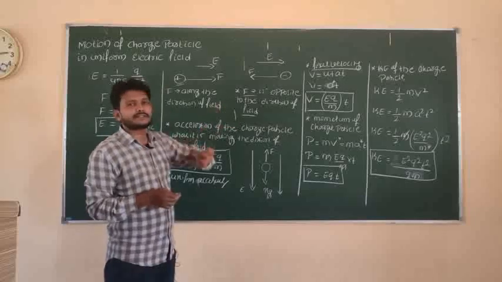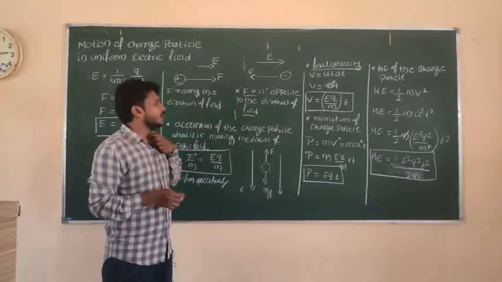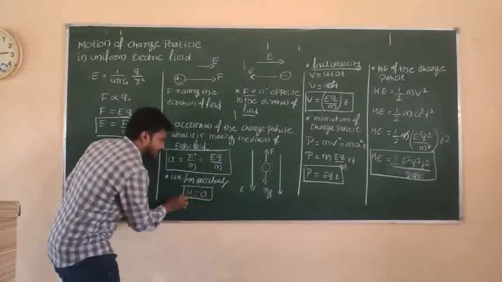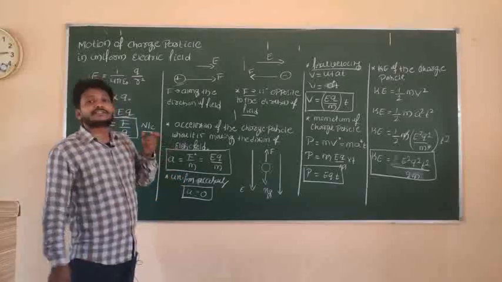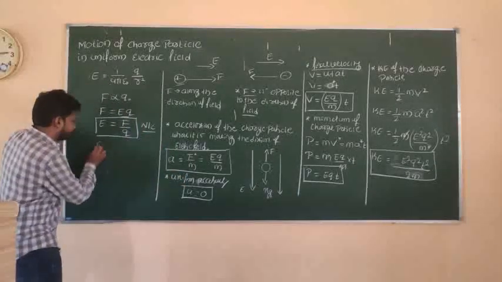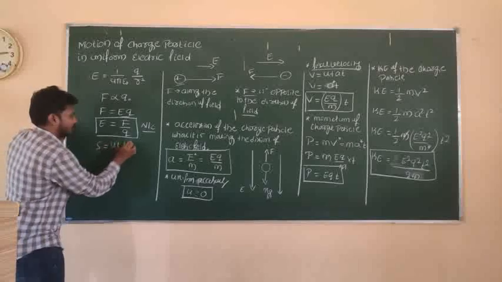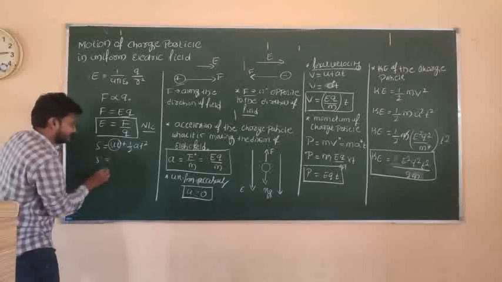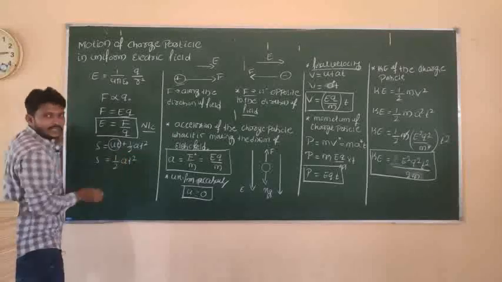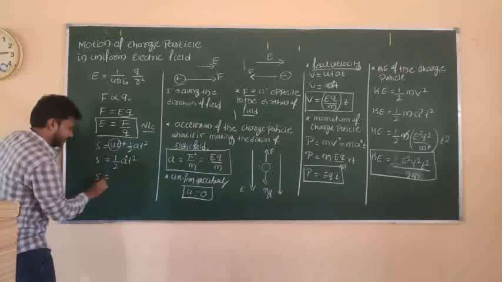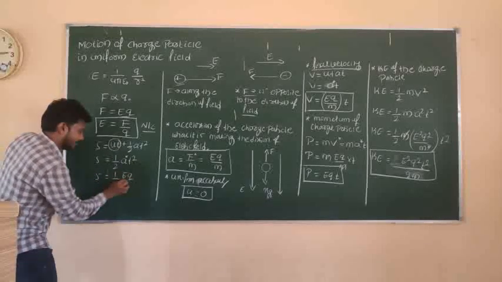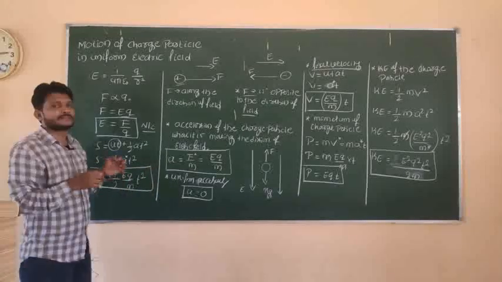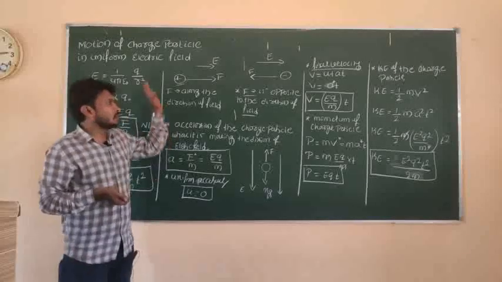Then what about the displacement of the charge particle? So in all the cases I considered that initial velocity is 0 here. If initial velocity is 0, then displacement of the charge particle, shall I write that displacement here? S is equal to ut plus half of a into t square. Initial velocity is 0, so s is equal to half of a into t square here, where acceleration again, so half of E into q by m into t square. So this is the required equation for displacement of a charge particle. So hope you understand this thing.